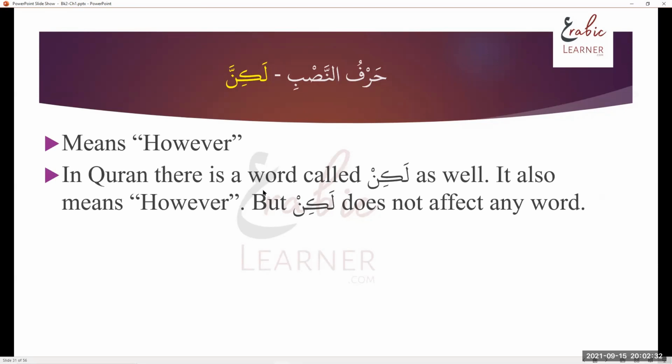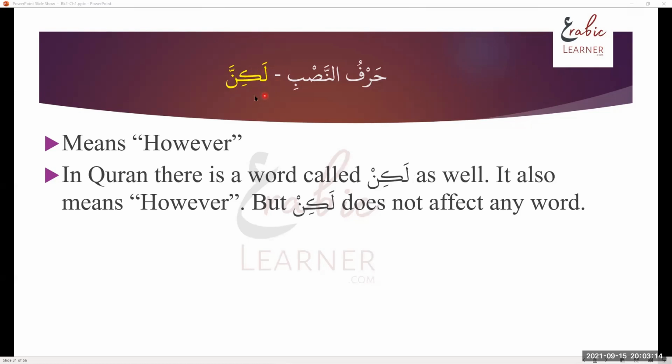And you will see in Quran there is another word which is frequently coming called lakin. That also means however, but that is not harfu nasab. So there is a difference. Lakinna is harfu nasab, but lakin is not harfu nasab. Okay, so you have to know this. So don't get confused. They mean the same, and also they look very similar, but one of them is with shadda,